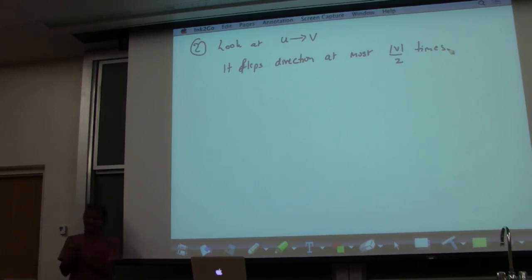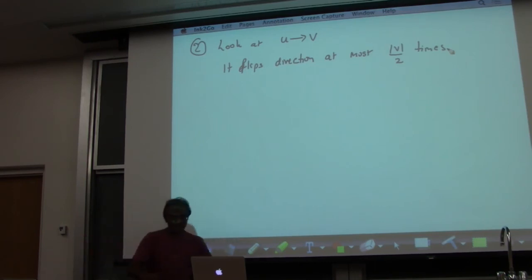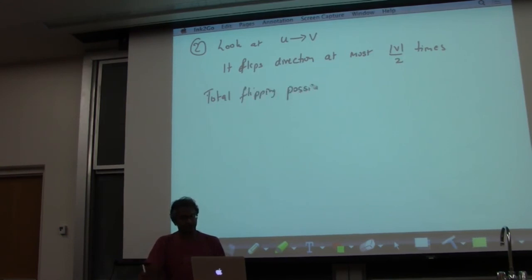So if we are saying that in every step something gets flipped, and we are also saying that no edge gets flipped more than so many times, how many iterations can you have? Well, every edge can get flipped this many times, and in every iteration something gets flipped. So if you think of a budget of flipping, the total flipping possible is E times V/2. And in every iteration, you charge one of these things. You take away one of these from your bank of flips. So the total number of iterations